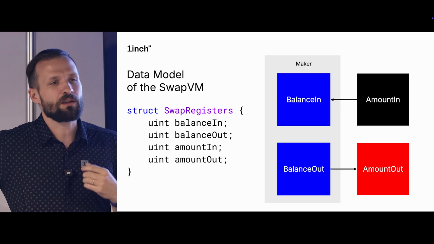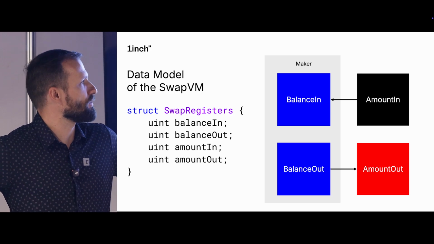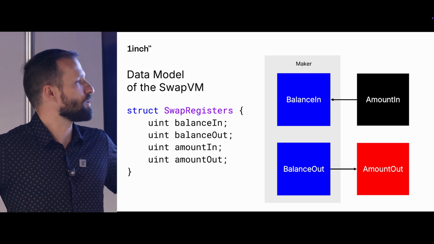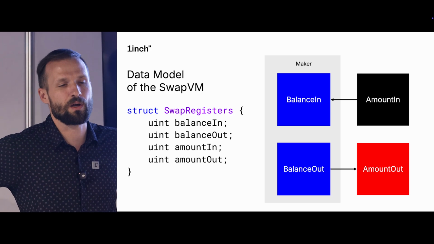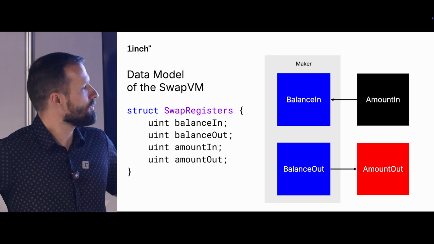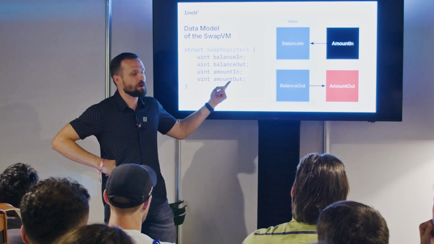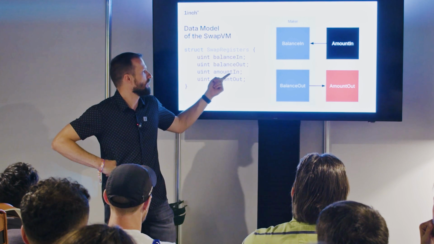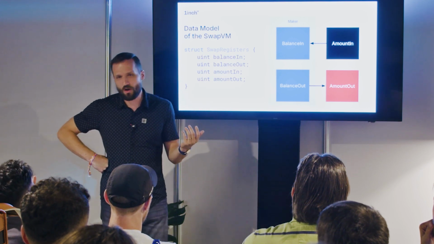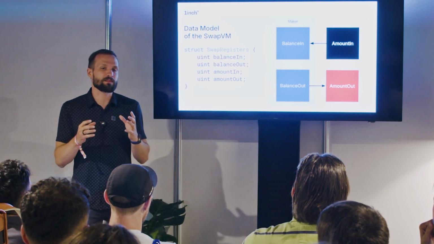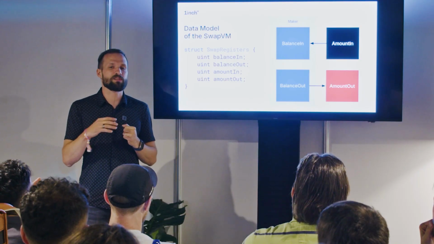This means that the taker either could come with the amount they want to bring to the maker, and we have to compute the out amount we are giving to the taker, or the taker could come with the amount they want to get, and we have to compute the amount we will charge. So the whole idea of instructions is to compute the missing amount.